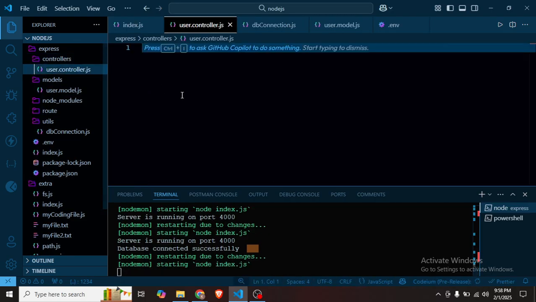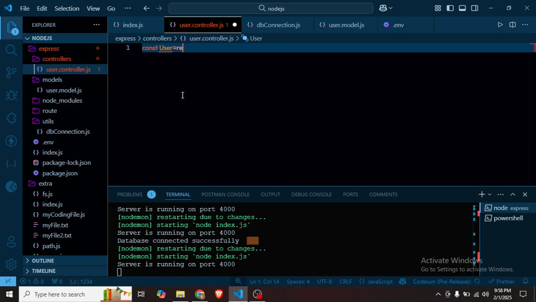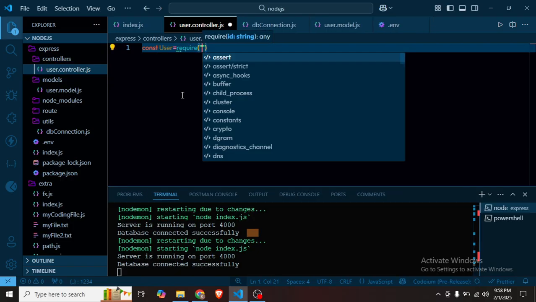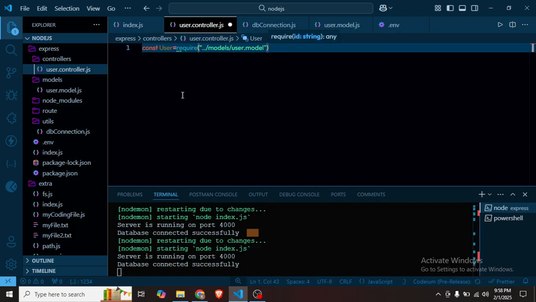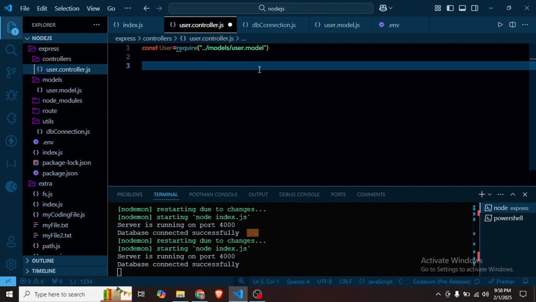Okay, so first I'm going to require the model for user. So here I'm going to define a method for registering the user. What is the method? Register user. Okay, and it is an asynchronous function which is taking request and response,